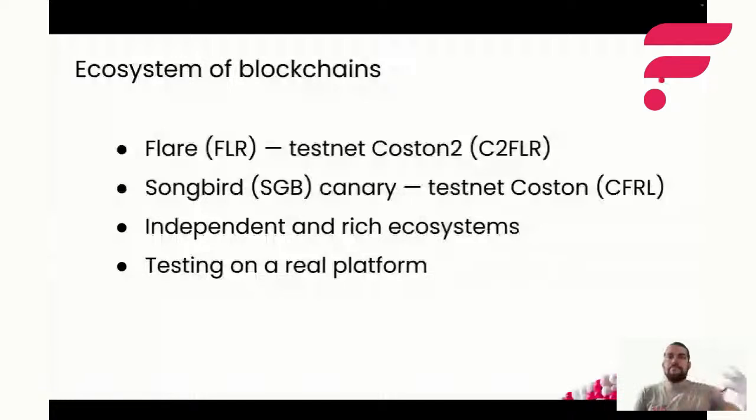But you can do this on a network that has value, and Songbird has value and already has a rich ecosystem of applications, of DeFi products, and so on. So you know that you can test applications in a real network with value, but just with maybe a smaller community, a differently paced network, or a differently paced ecosystem. But beware, they're still two independent chains. So you have different ecosystems, different bridges, different coins.